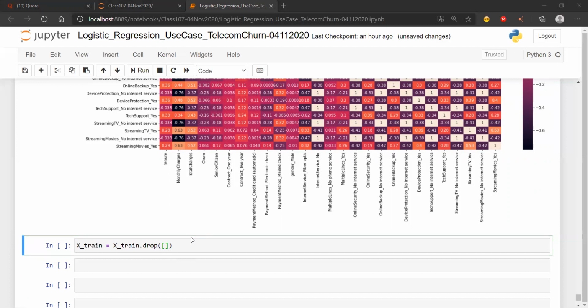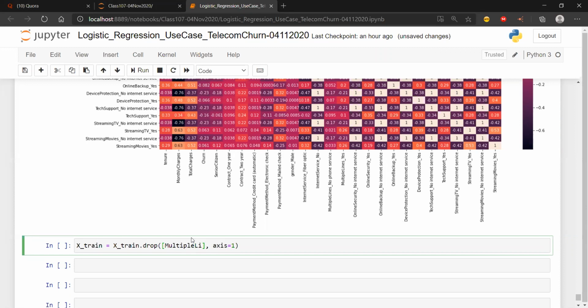1, 2, 3. I can see 4, 5, 6. At least 7 columns I have, and I have axis equal to 1. Please don't worry right now. When I write the column names, you will come to know why I am actually dropping them, right? So clearly, if they are dropped, that's going to help. So the first column I would like to do is